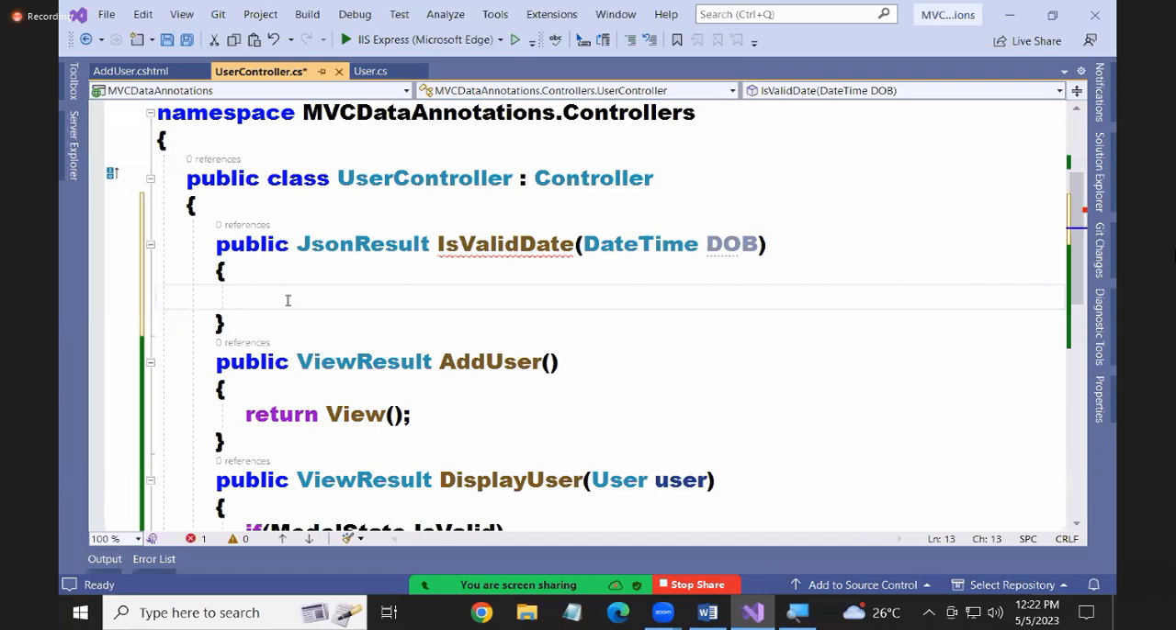What is the logic? What do you want? The value that is entered in the date of birth should not be greater than 5/5/2005. Am I correct? Tell me. It can only be less than or equal, but cannot be greater. Why? Tomorrow you enter